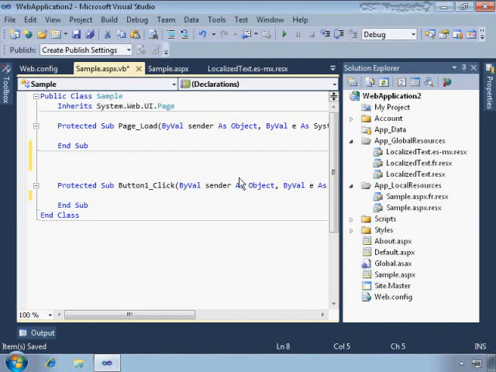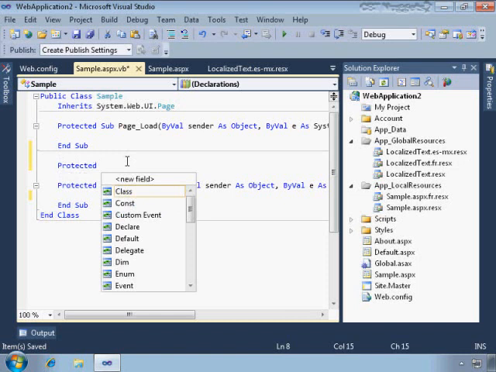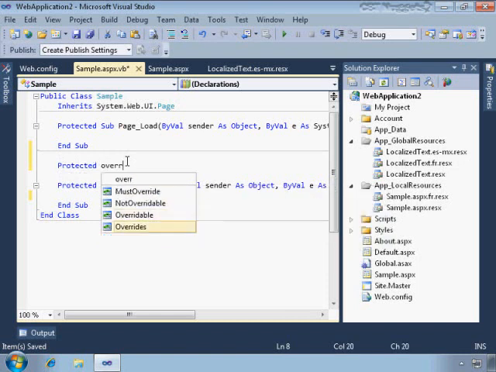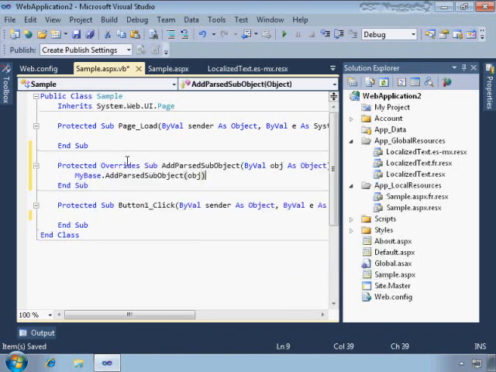The best way to do this is to override the InitializeCulture method for the page. That's one of the events in the page lifecycle that happens before the entire page gets loaded and values get loaded into buttons. So you can still modify them at that point. And it would look something like this: protected